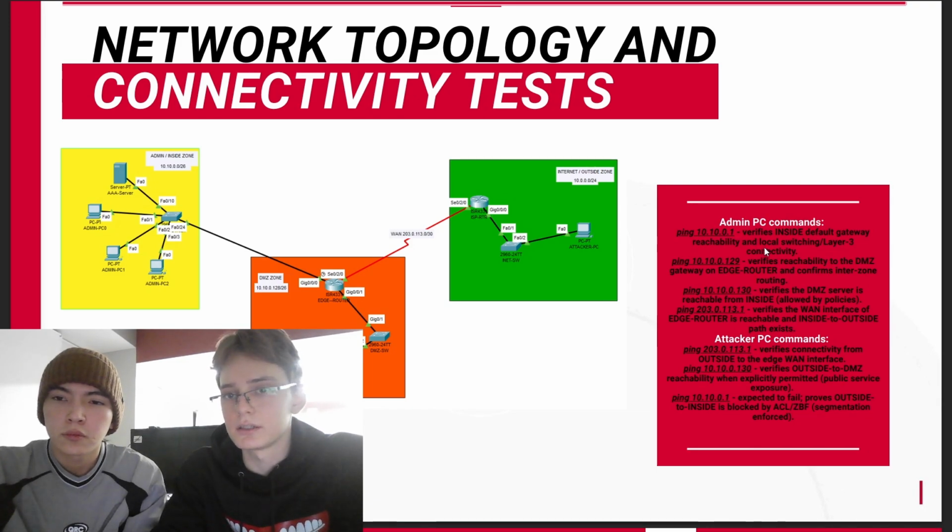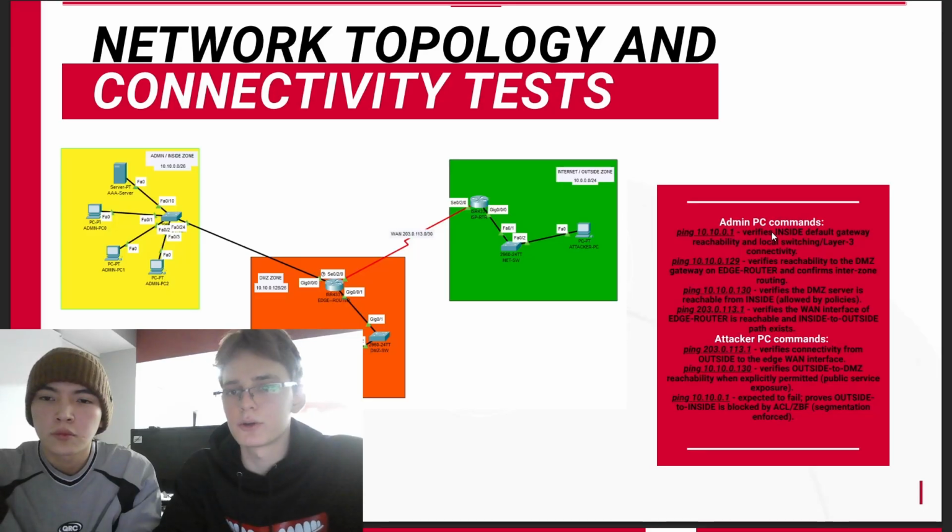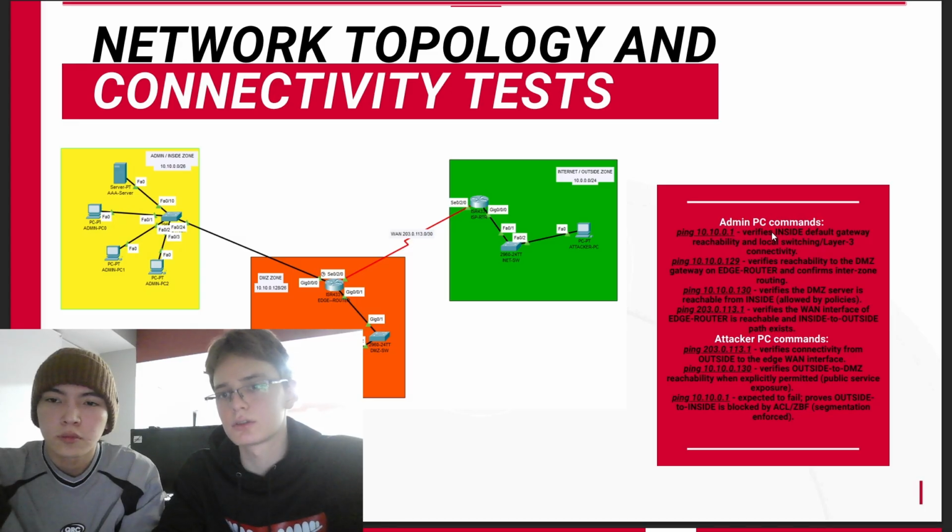The second ping verifies reachability to the DMZ gateway on the router and confirms inter-zone routing. The third ping verifies the DMZ server is reachable from inside and allowed by policies. And the last ping verifies the wide area network interface of the router is reachable and inside to outside